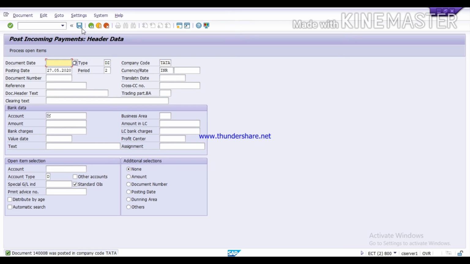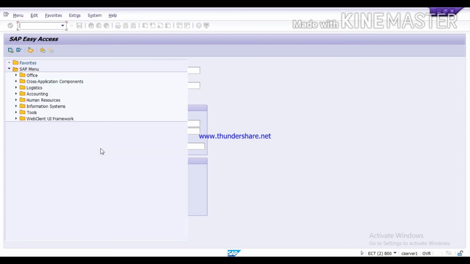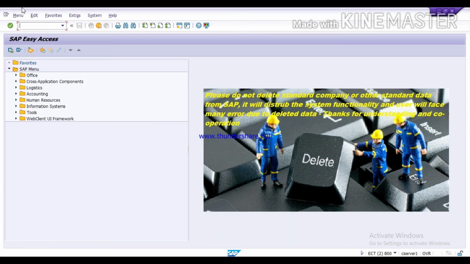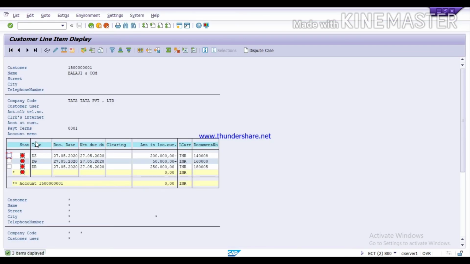Now we'll check the report with the T code. What is the T code to check the customer report? T code is FBL5N to check the customer report. Here select your customer, then click on open item and execute it. Here you can see these are in red color because it is an open item.